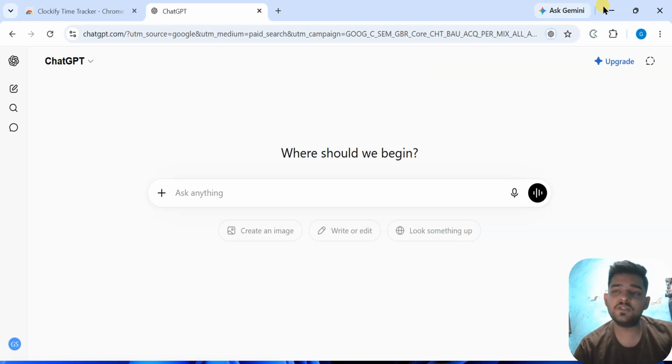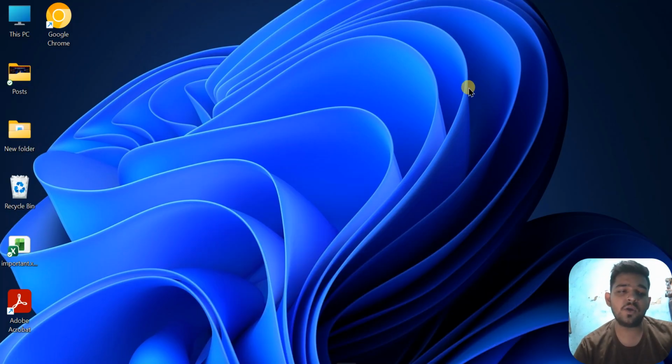And that's it. So that's how you can use the Clockify Chrome extension to track your time and manage your